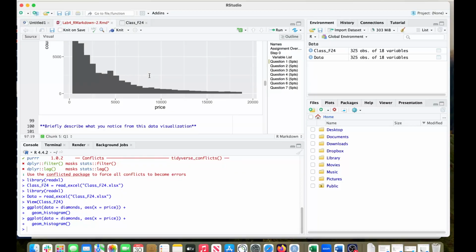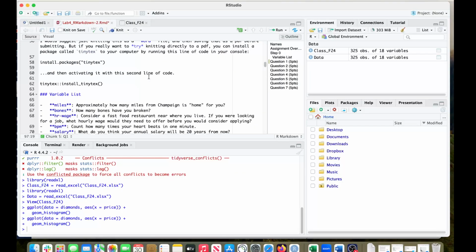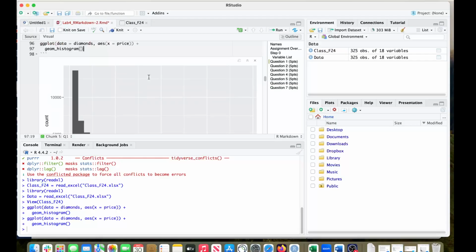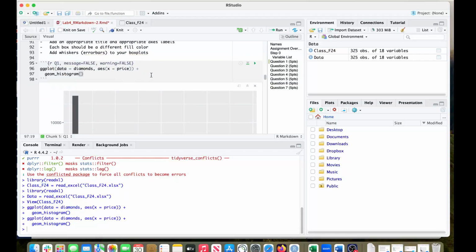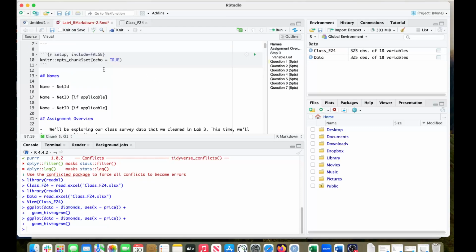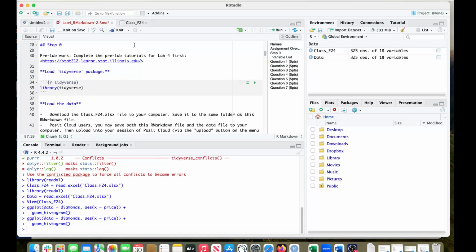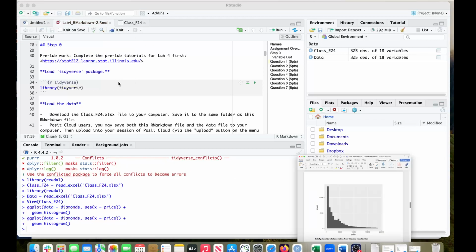So I don't even see it here in this R Markdown file, and I won't even see it in the compiled report as well. That's especially helpful for library functions as well. So like you notice in this compiled report, you probably saw, hold on, let me see if I can find it. I might have closed it. Let me knit that again just to pull it up. So you might have also noticed that with the library